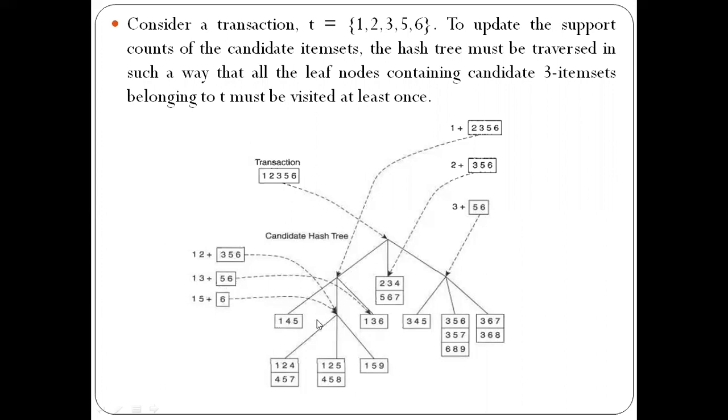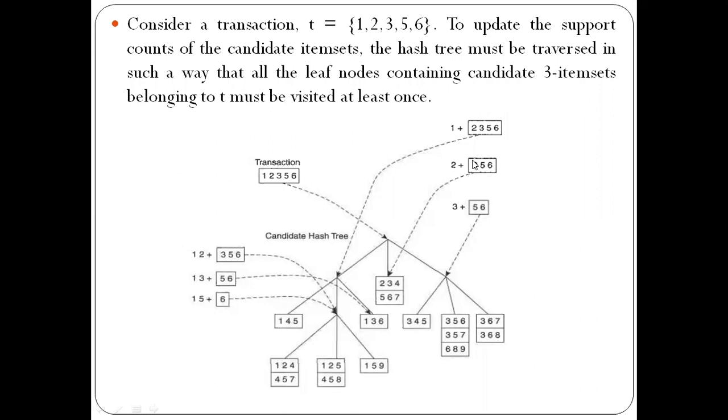If it is 1 3, it is present in the right subtree of this left subtree. Again, if it is 1 5, 2 and 5 will give the same remainder, so 2 and 5 items will be present in the middle subtree. Like this, we will be comparing the candidate item sets here, so the appropriate subtrees will be traversed while performing the support counting.